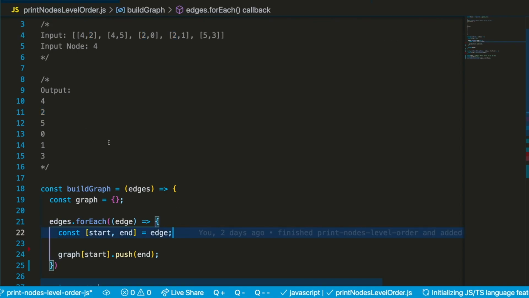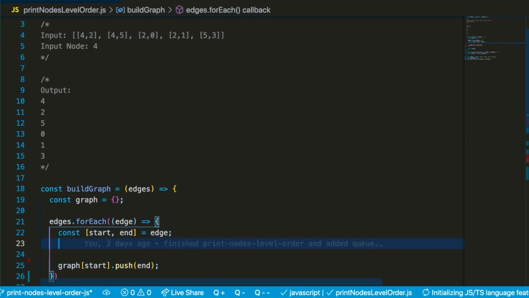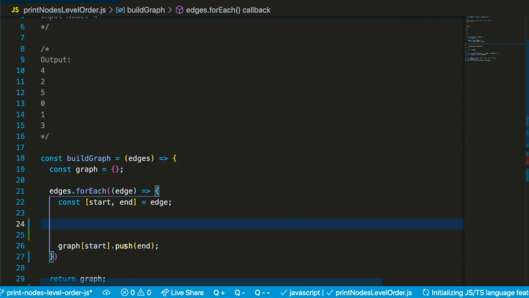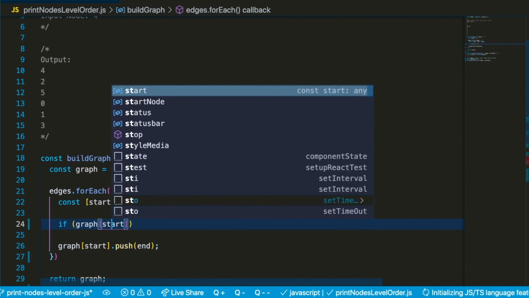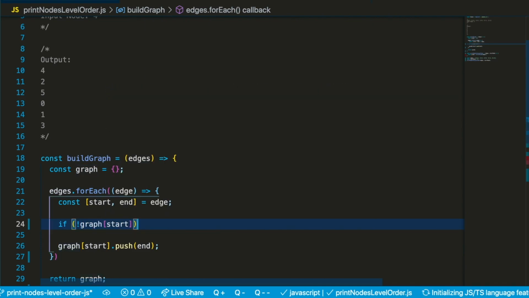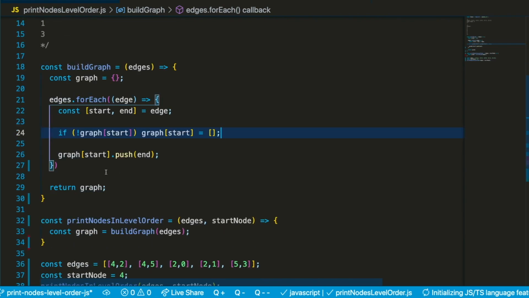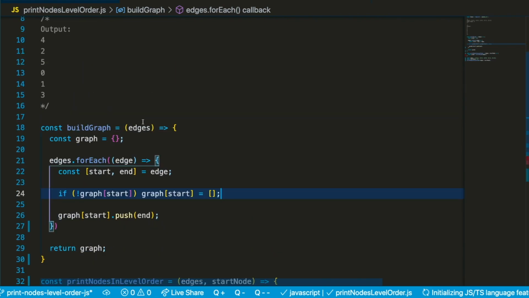The last thing we need to do is we have to actually make sure that there is an array that we can push into. On line 26 we're pushing, we have to make sure that that is valid. So what we'll do is we'll just say, hey, if graph at start doesn't already exist, we can just do this. If graph at start is a falsy value, then what do we want to do? We want to just set it to be an empty array so that when we push on line 26, that'll be totally valid. Okay, so now we have our hash map that we've seen many times before,